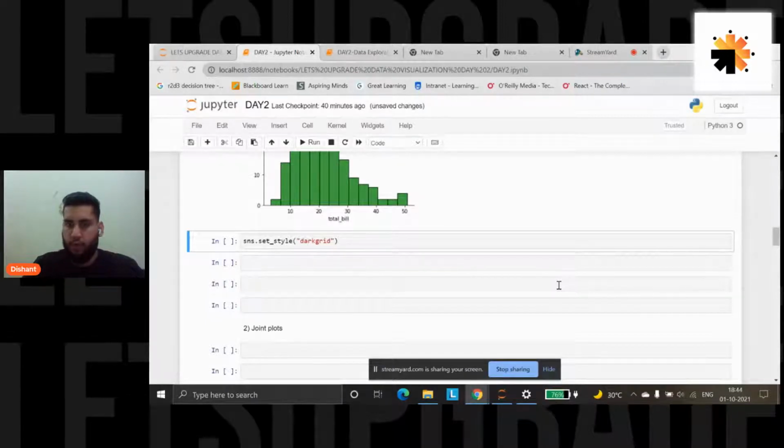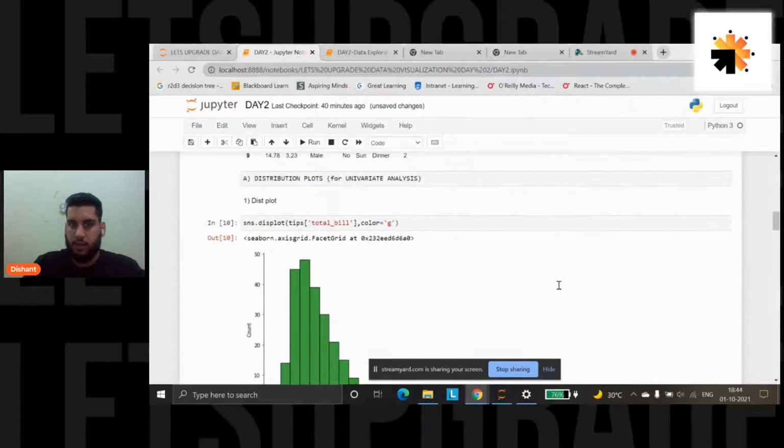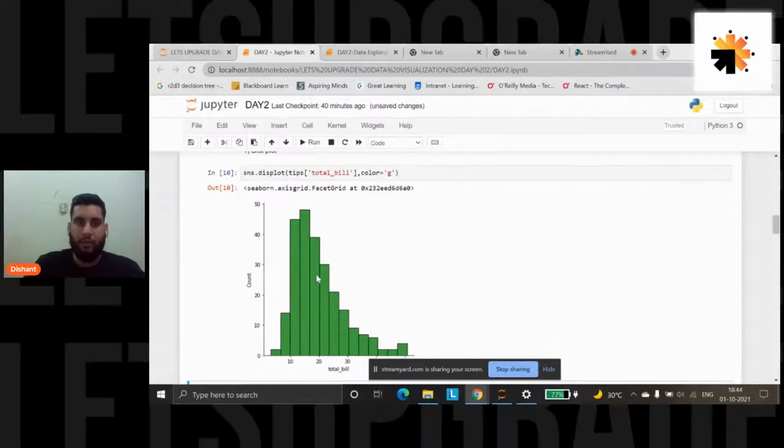Grid type background of blue color. Okay, like this background would turn to blue line. Okay, so